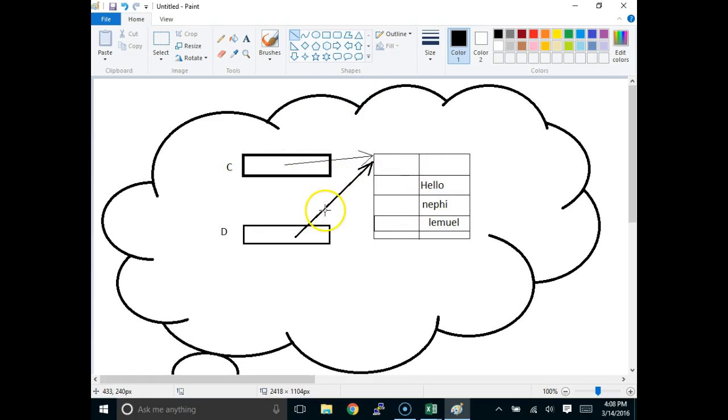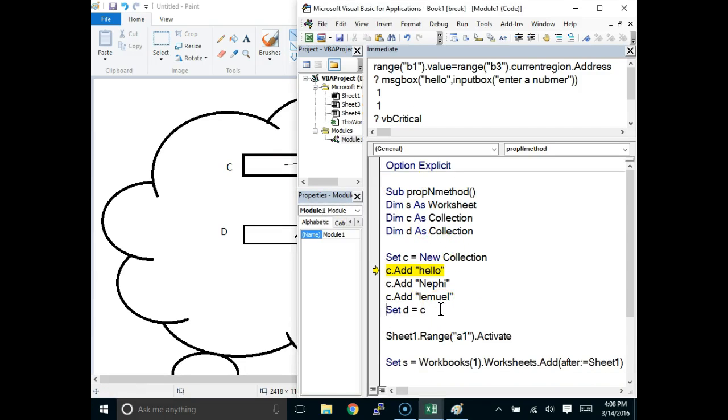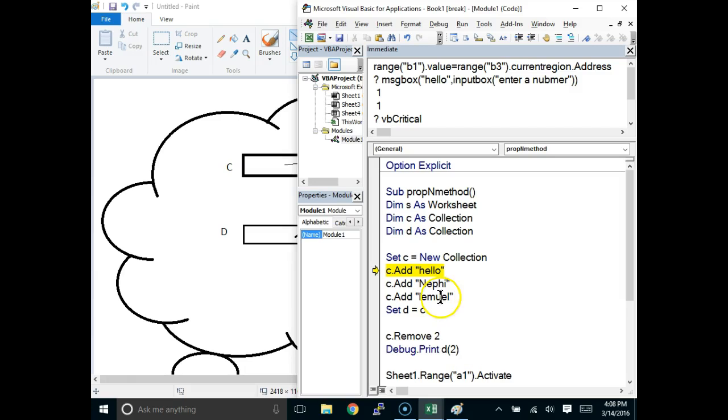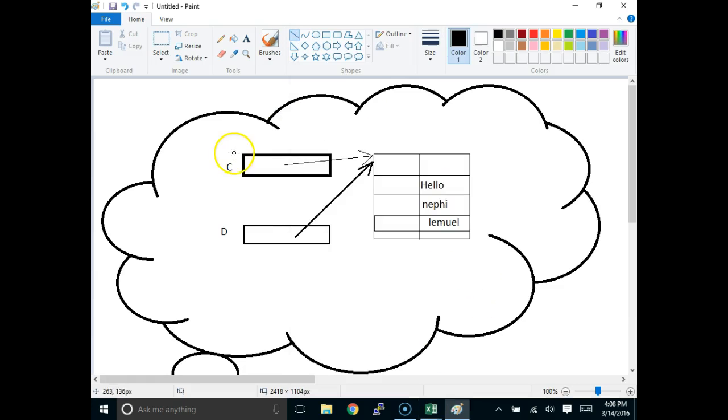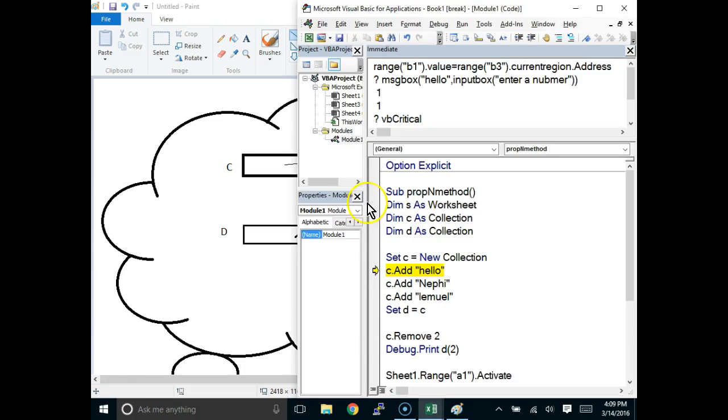What if, after I've done this, we delete one of these with C.remove? I give it the index number I want to remove, 1, 2, 3. Let's remove number 2, and then we'll do a debug.print of D sub 2. Because there's only one collection here, when I remove number 2, that one will be gone. Lemuel will come up into the number 2 position, however you want to think of it. And since D is pointing at the same object, that should